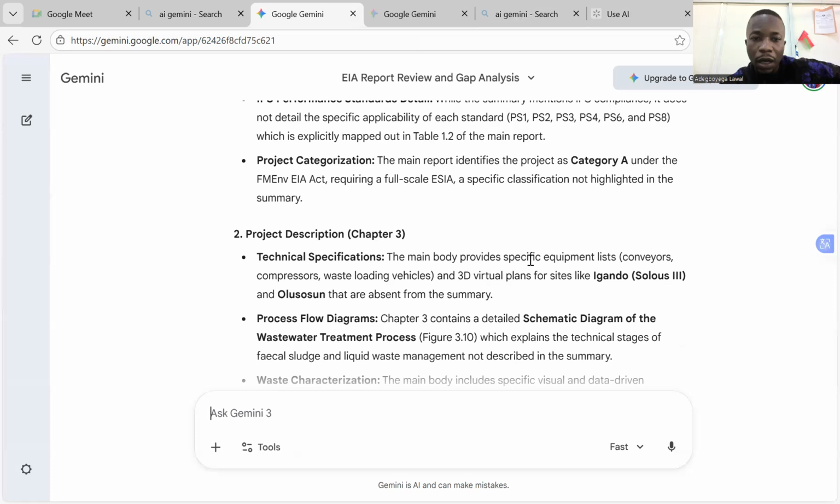The main body provides specific equipment lists, conveyor belts, and